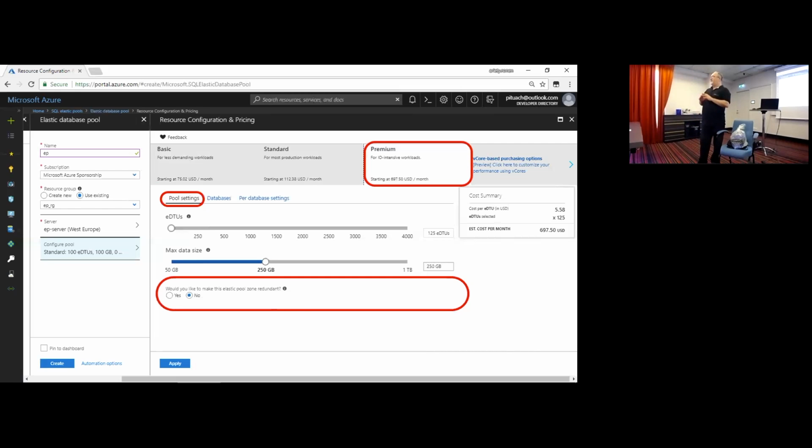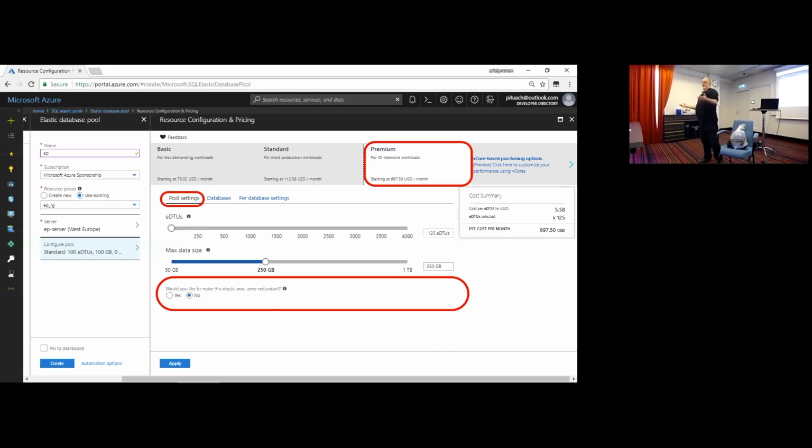Your application will probably stop working as well as it worked before. Why? Because the distance between regions can be hundreds of kilometers. So Microsoft started a new option, and this is not related only to Elastic Pool or only to databases.